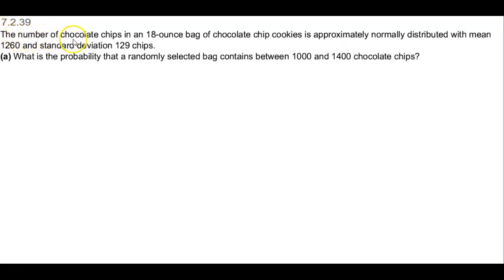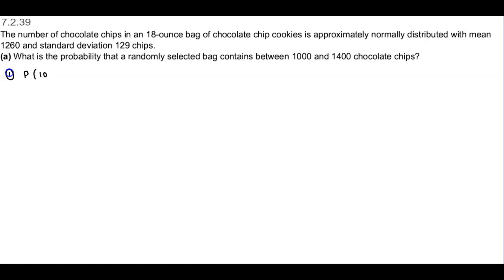7.2.39. The number of chocolate chips in an 18-ounce bag of chocolate chip cookies is approximately normally distributed with mean 1,260 and standard deviation of 129 chips. In Part A, it says, what is the probability that a randomly selected bag contains between 1,000 and 1,400 chocolate chips? So what we want to do is calculate the probability that X